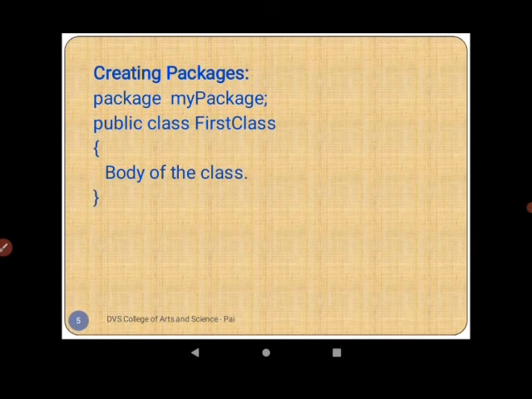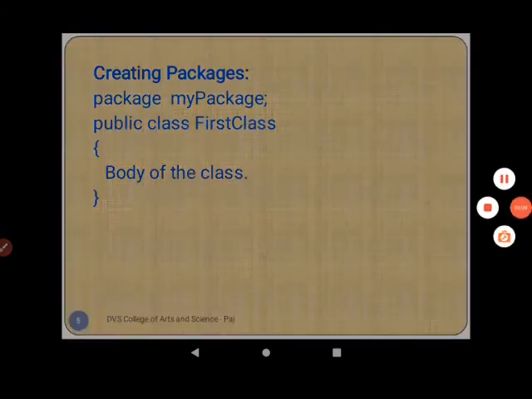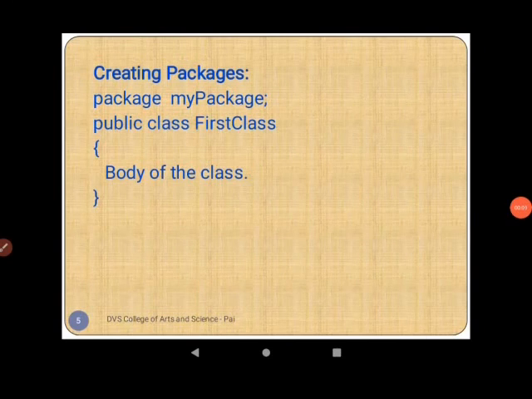That is, in our case, we need to store it as firstclass.java in the subdirectory called mypackage. Step number 5. We need to compile the file. This creates a .class file in the subdirectory. Now we can import firstclass by using the statement import mypackage.firstclass;